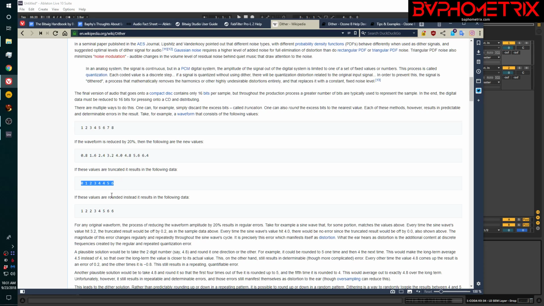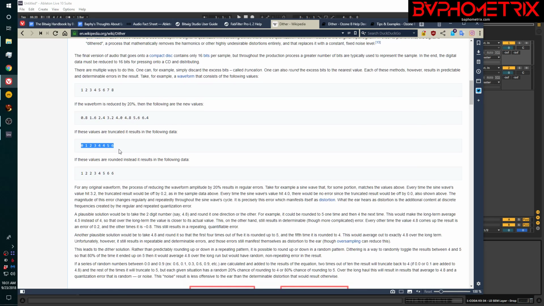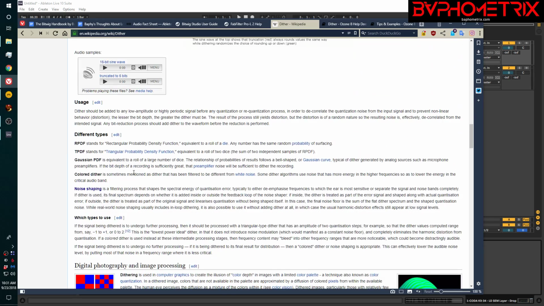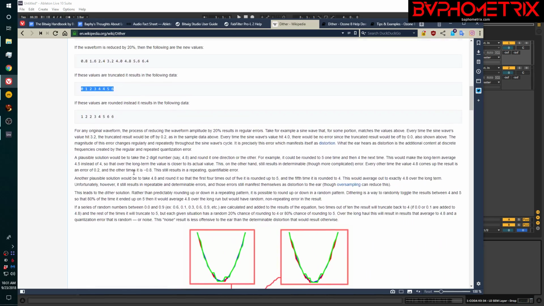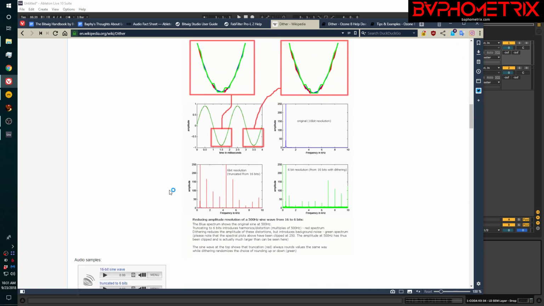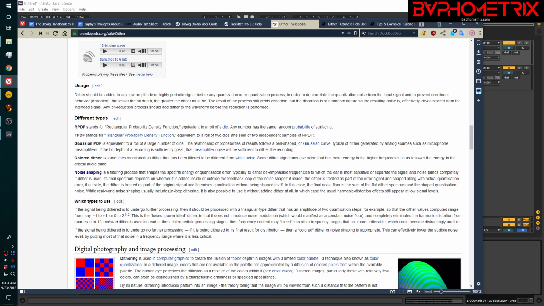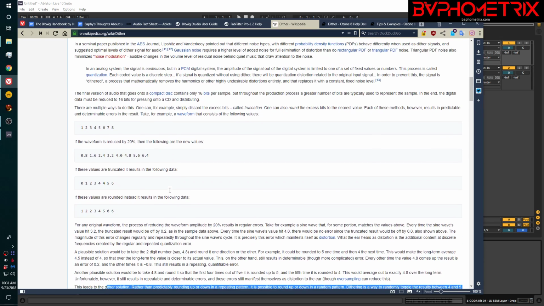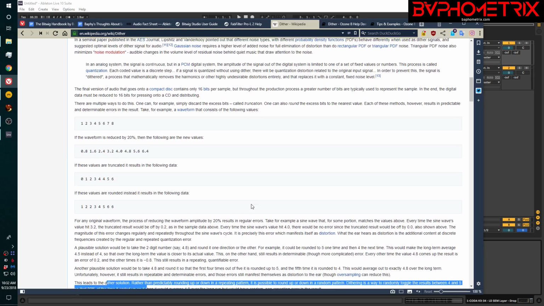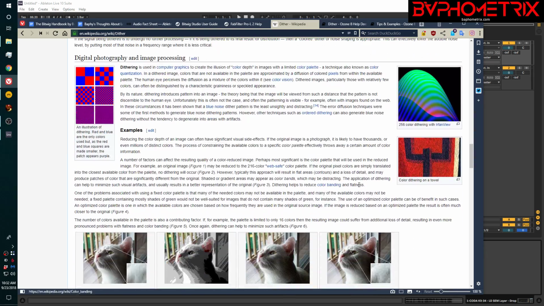Okay? So, long story short, the way to fix this and make these numbers not drift quite that far from the original, when you freeze it back down into a fixed bit sample, 24-bit, 16-bit, etc., the way that they do that is by adding a kind of randomness to it called dithering. And at the end of the day, the output numbers from dithering would be a lot closer to the original numbers over time. And so a kind of visual way to understand it,